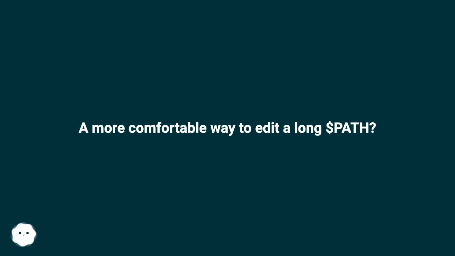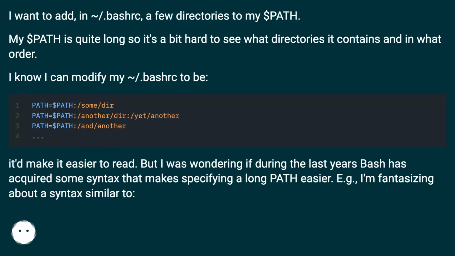A more comfortable way to edit a long $PATH? I want to add, in ~/.bashrc, a few directories to my $PATH. My $PATH is quite long, so it's a bit hard to see what directories it contains, and in what order. I know I can modify my ~/.bashrc to be